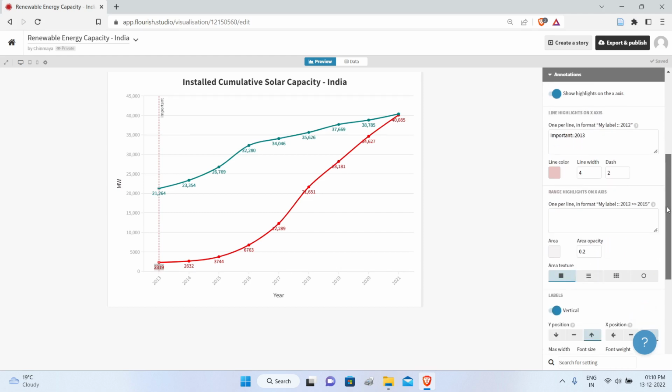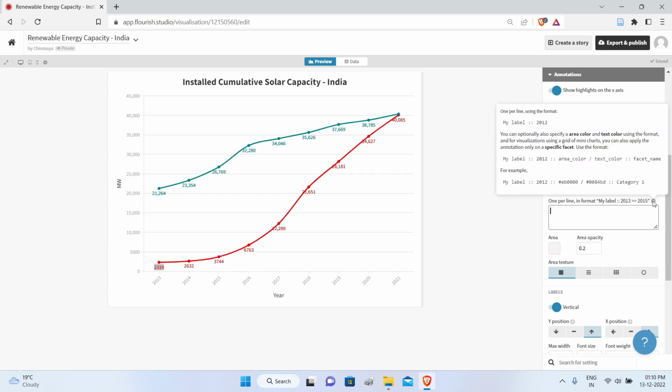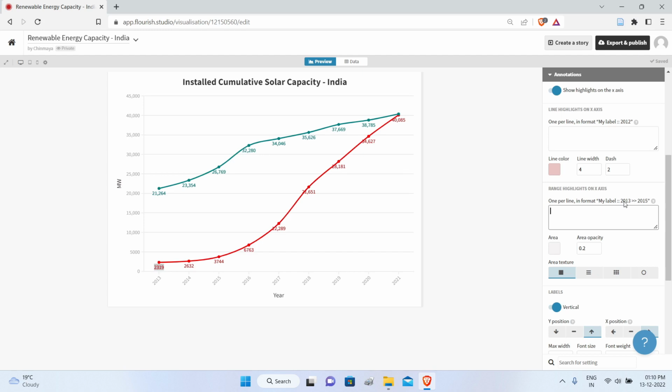The second thing you can do is to create a band. Say, for example, if I wanted to create a band that was not just one single line, but a band between 2013 and 2014. So I will have to use the second box rather than the first box. So let me just remove this and come to the second box, and the syntax for the second box is shown here. So it's almost the same, except you have to specify a range rather than just one single point on the x-axis. So I'm going to come here and say important